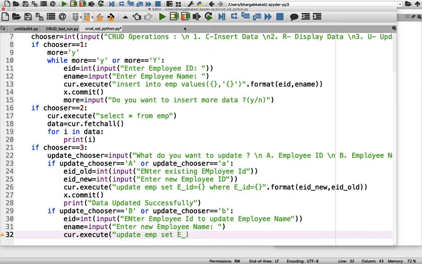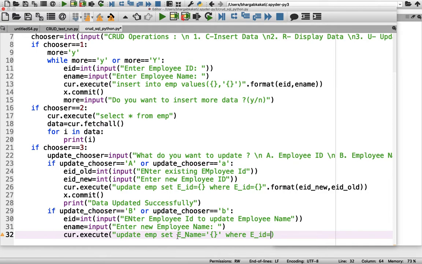Don't get confused here, because within execute we are going to give an SQL command only. Therefore we have to use only those variable names which we have given in MySQL. So update table name, set column name equals to value. Since it is a string, I have to enclose it within quotes, where I am doing the filtering by EID.